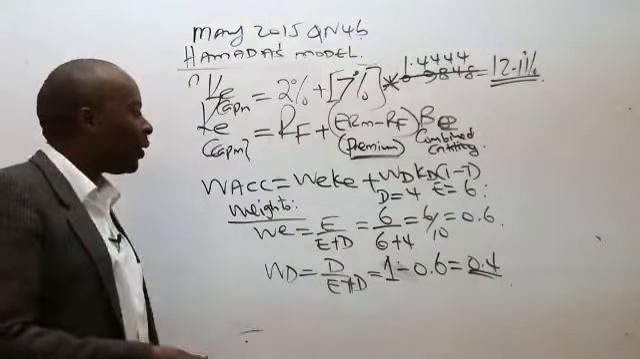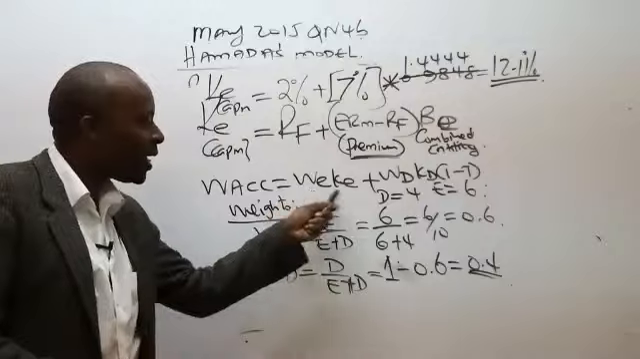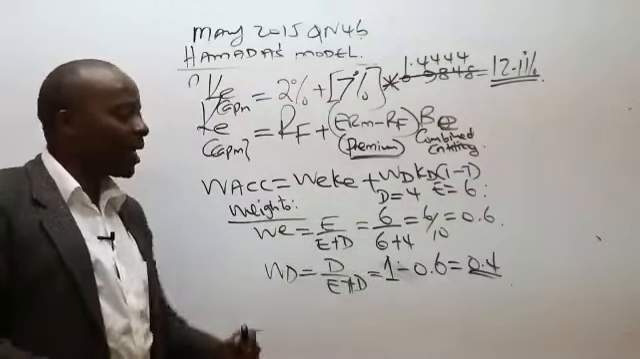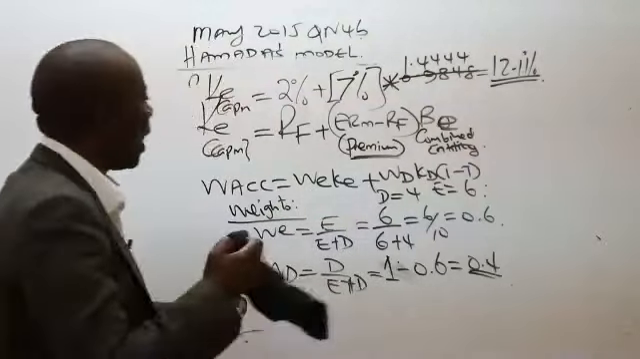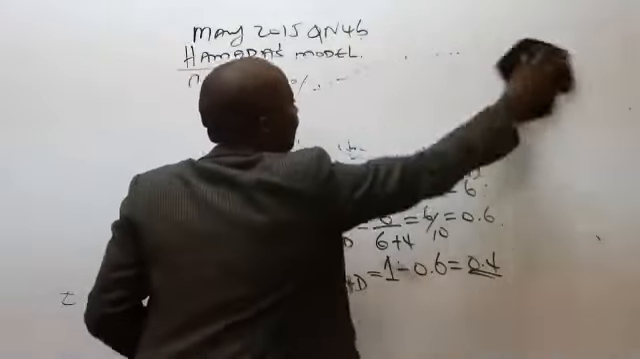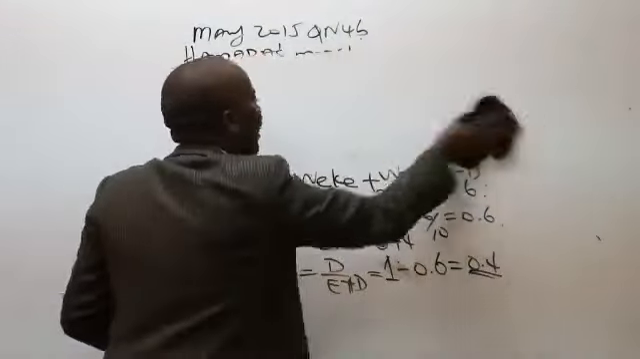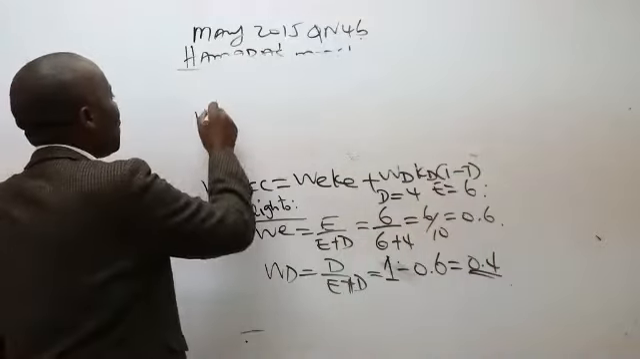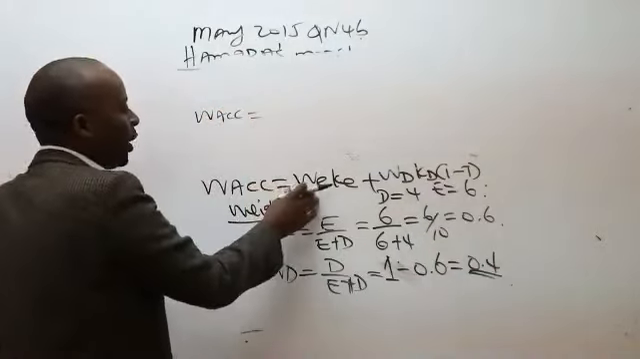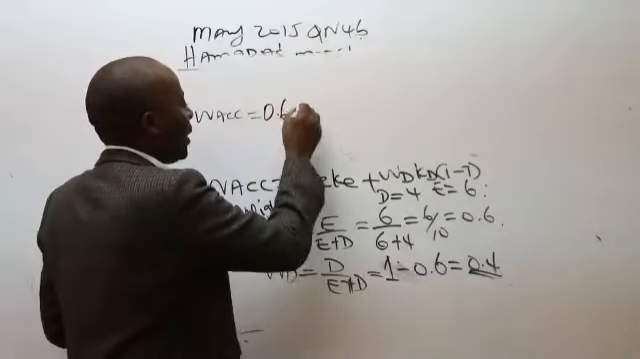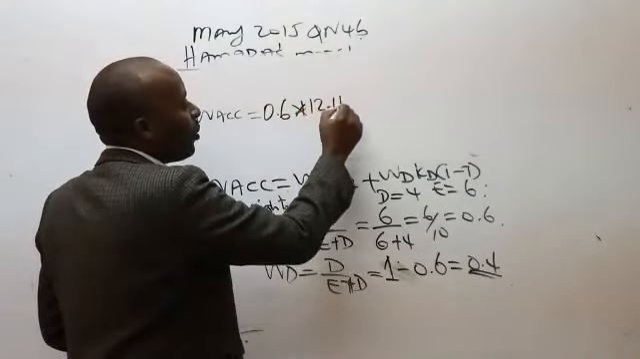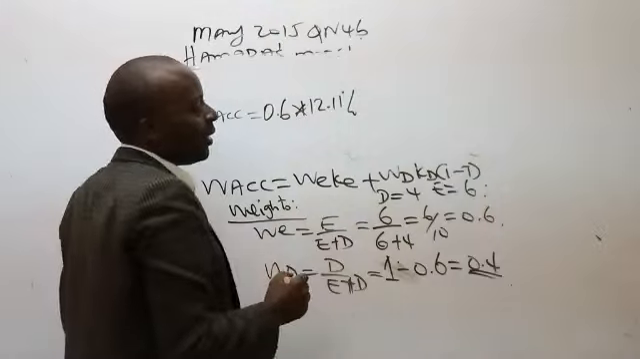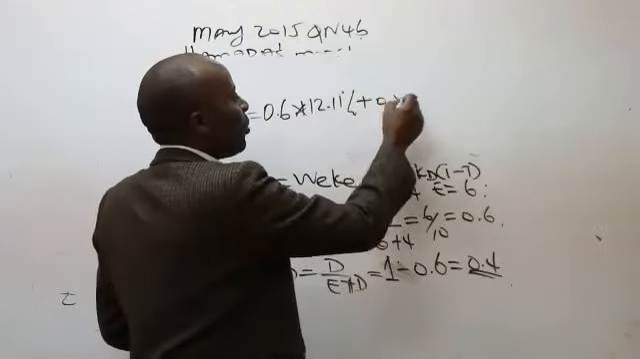So now, having gotten the weights, it's quite easy for us to plug in. So please go ahead and plug in here. So this is where we are. Our WACC will be equal to weight of equity, that is 0.6, times cost of equity, 12.11. Weight of debt, which is 0.4,